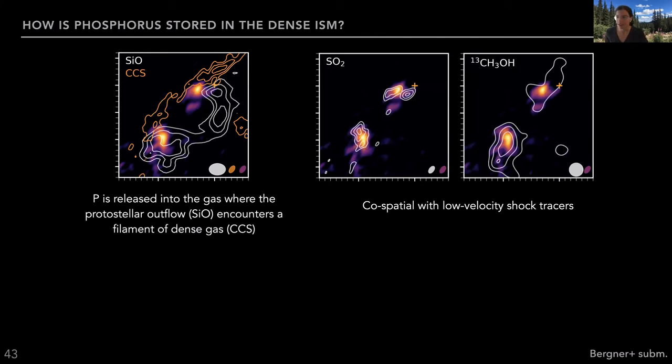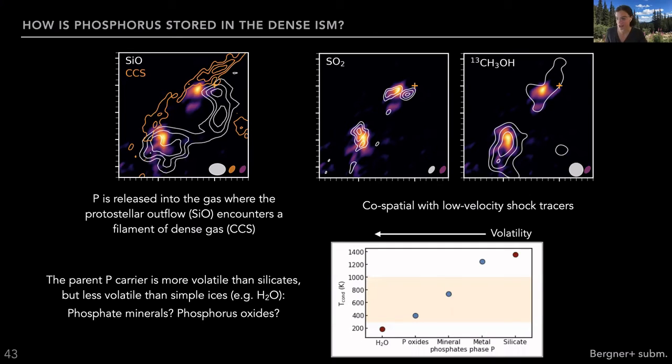So we can also look at how the phosphorus molecule emission compares to low velocity shock tracers. Here you're looking at the comparison with SO2 and methanol, and we see that the phosphorus molecules are co-spatial with these low velocity shock tracers. So we can put these pieces together to, again, say something about what is storing phosphorus in the solid